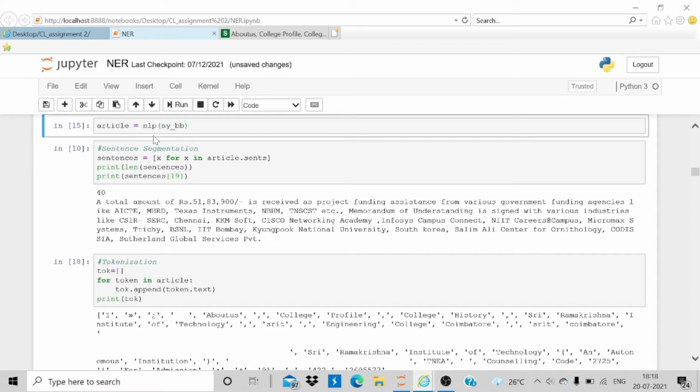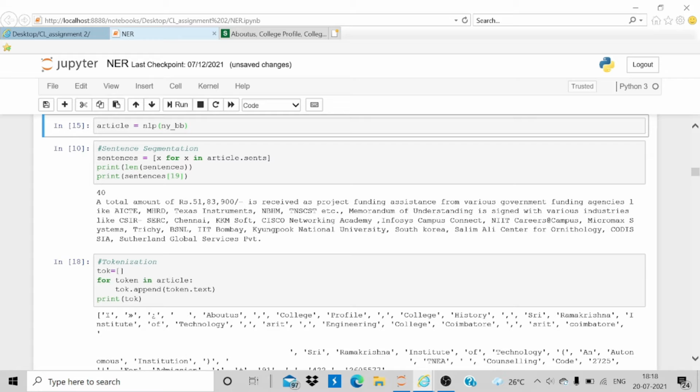Okay, this is my 19th sentence. The total amount of rupees 51,83,900 is received as a project funding assistance from various government funding agencies, and so on. So this is my 19th sentence. Okay, so as we have seen